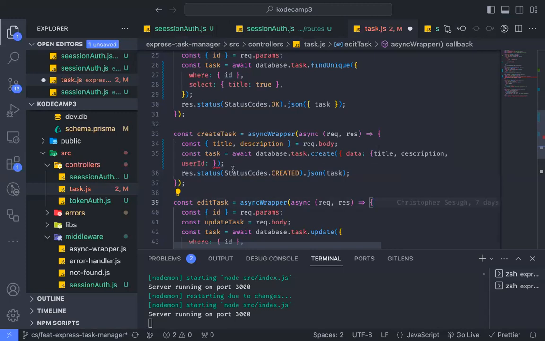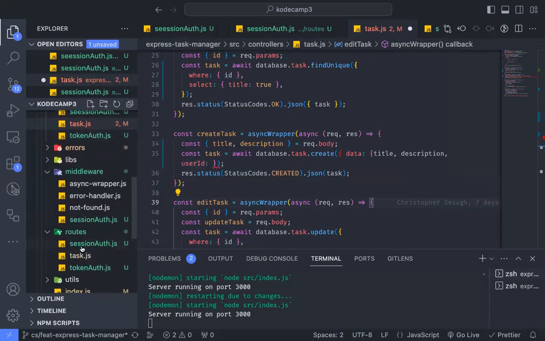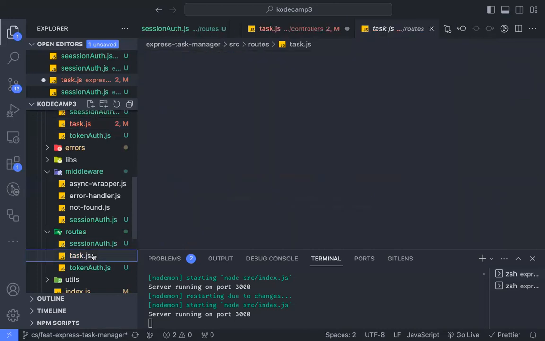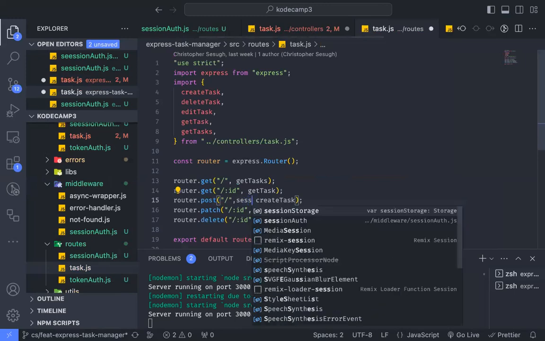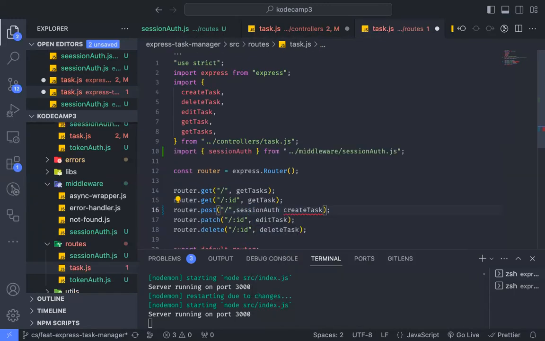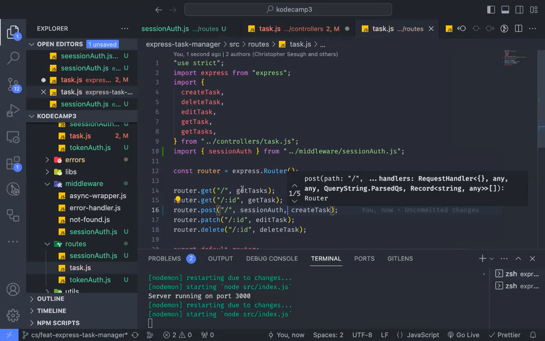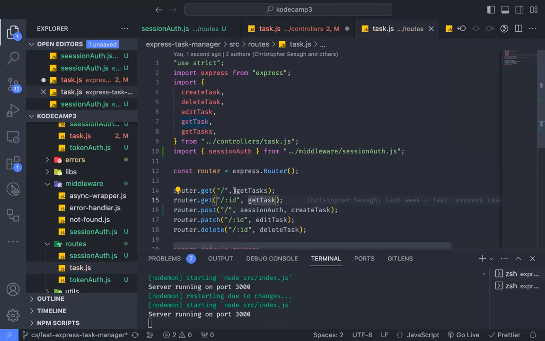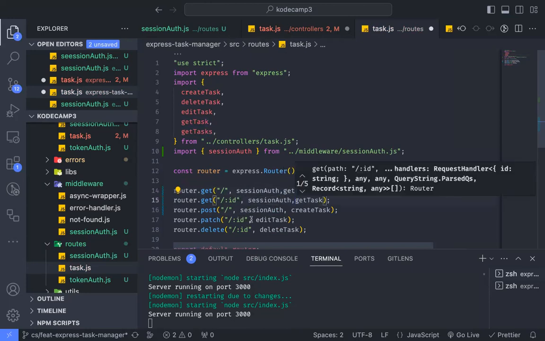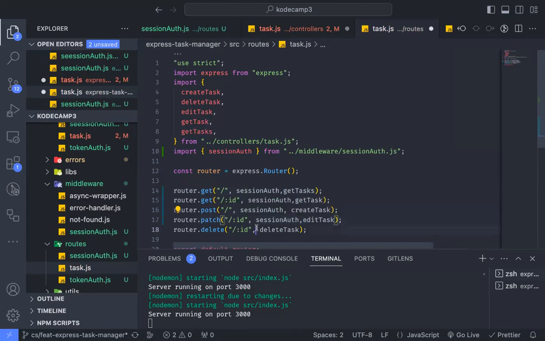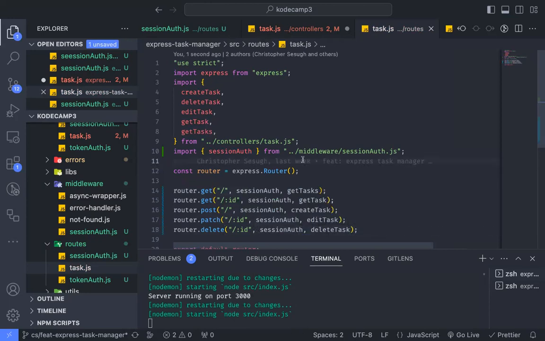Okay, so we'll come down to our routes. Where are our routes? Task. And then we add or create. Where is the create? It's the post session, NodeJS session. Like so. And then we're supposed to add this to all of these because we don't want any user to access other users' posts. Add it here. Add it here as well. Then add it here as well. And then we come back to